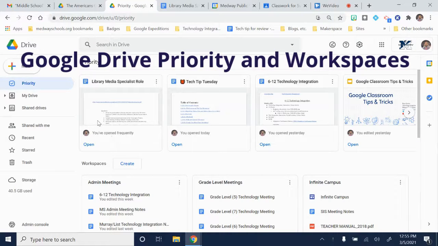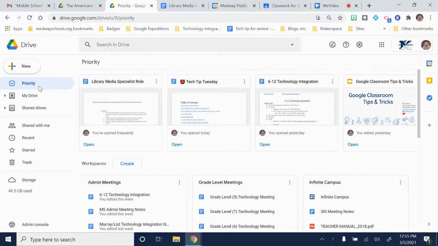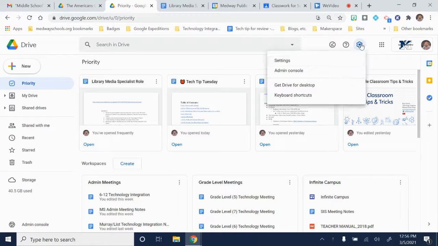I'm sure you've noticed by now that when you open your Google Drive, you have a priority page. Some of you may have this launch automatically, some may have you go straight to My Drive. I'm going to talk a little bit about what is found here, but if you want this page to be what shows up when you open Google Drive, you can go to Settings, so the gear at the top right,